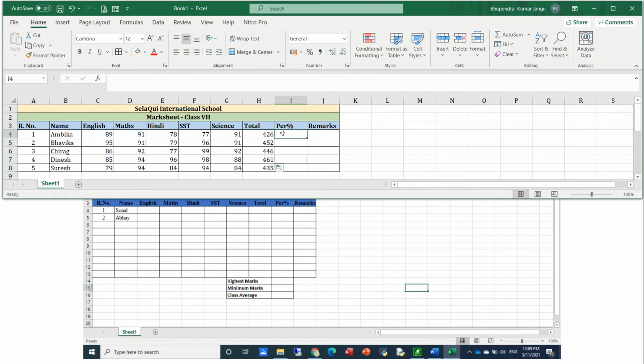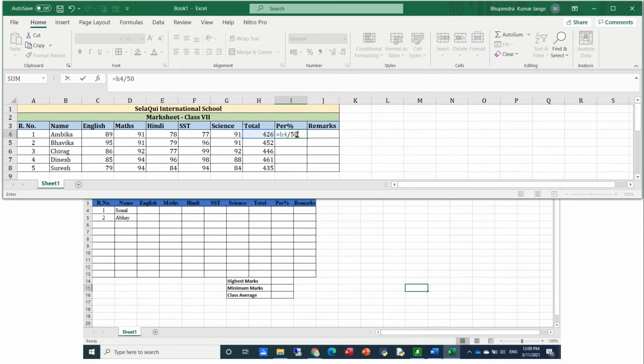Now percentage marks, how do we calculate the percentage marks? So there is a formula using the total marks, which is the index of this cell. This is H4. So H4 divided by what? How many subjects? 5 subjects. So divided by 500, multiply by 100.